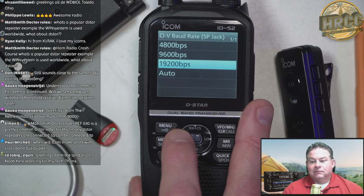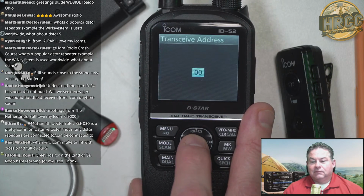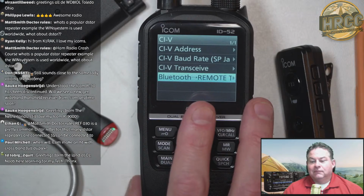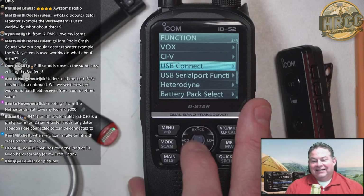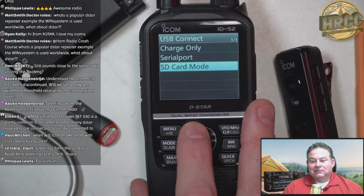Ooh, okay. I'm super into this now. Now I've got to... Oh wow. Okay, wait. Let's see. So this will do CI-V over Bluetooth. Ooh. Hello. Okay. Yes. All right. I'm getting D-RATS excited right now. USB. It'll do charge or just serial port, or you can set it into...